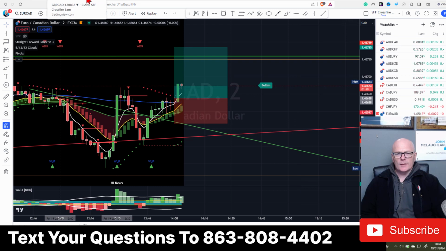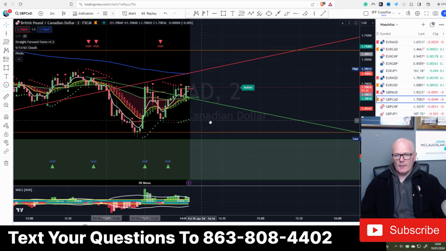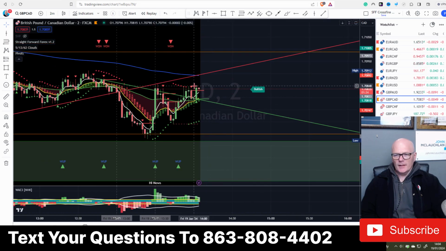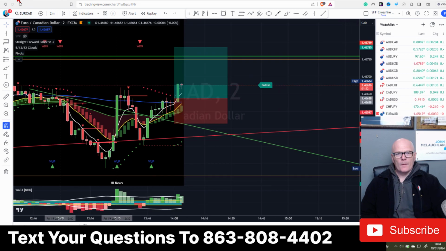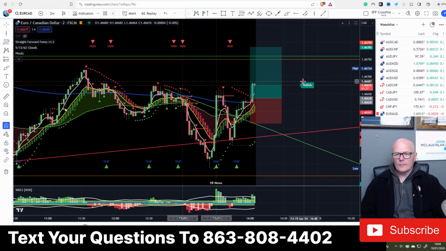So now we've got the free air, and of course, as always, it comes back down for the retrace. So let's quick look at GBP CAD. That'll be doing maybe something similar. No, it's not ready. So you see, look, we've hit this level here. Okay, so our area of interest would have been here.